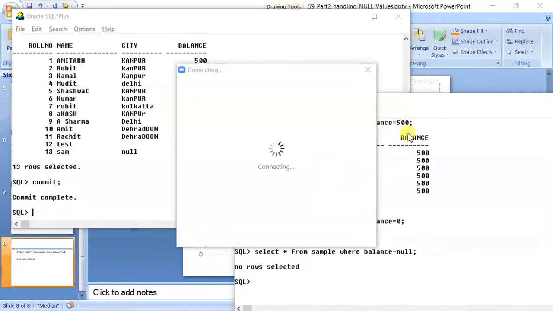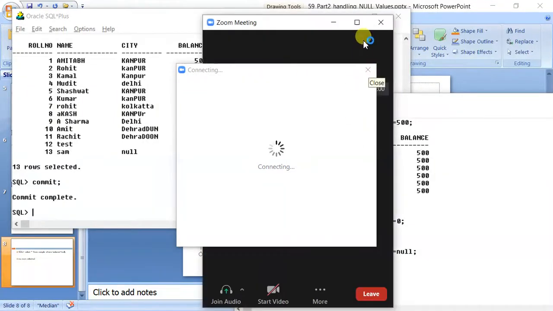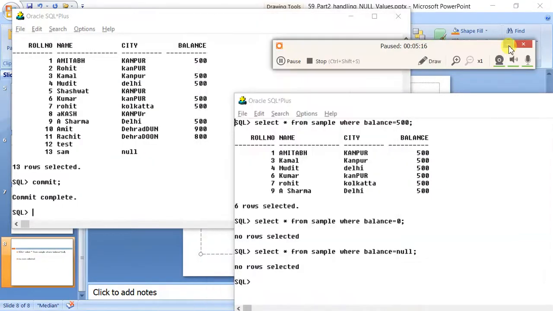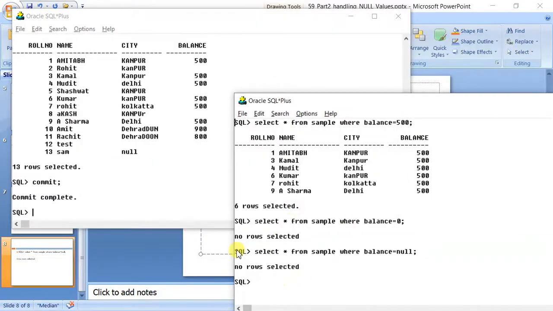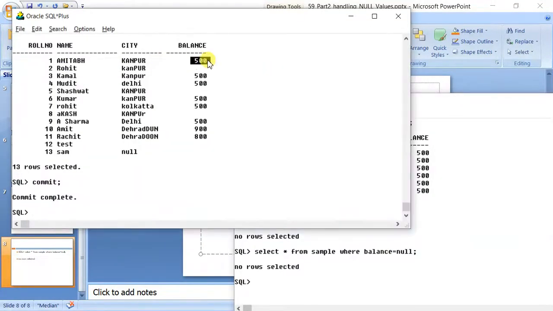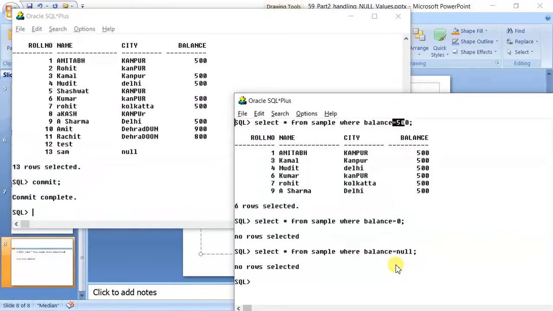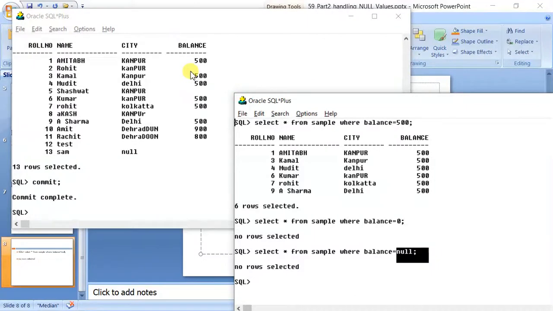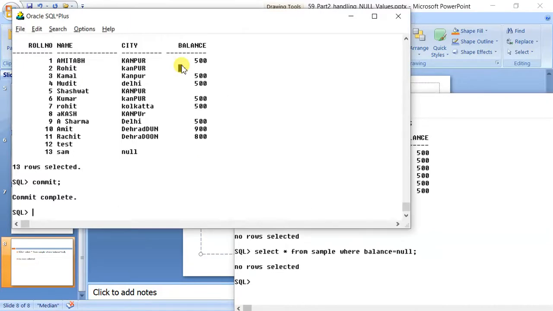So when you give balance equal to 500, it goes to every record and checks whether it is equal to 500 or not. So there should be some value to be compared. But since null is not a value, you cannot compare it. So when you reach this 500, it is not equal to null. When you reach here, there is no value, so you cannot compare it with null. That is why it does not give you any answer.